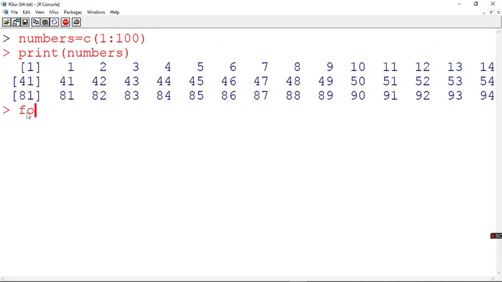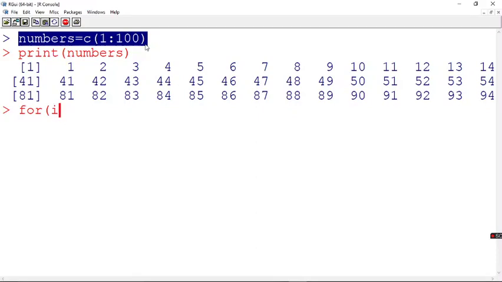A very simple example. Now I can say for. You need not initialize your counter variable as you do in other programming languages. So I say for i. What is this i? I am saying it is going to take some value from this vector. For i in numbers, this for loop has to execute.